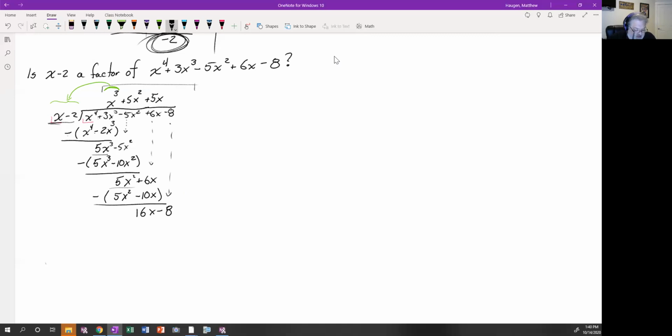What do we have to multiply by x to get 16x? Well, we need a 16. And that's going to give us a 16x minus 32, unfortunately. Well, unfortunately, assuming our goal was to have a factor. And that's going to give us a +24 as a remainder. So no, x minus 2 is not a factor of that. I tried to make up numbers to make it a factor, and I was off by that multiple. So I tried, but